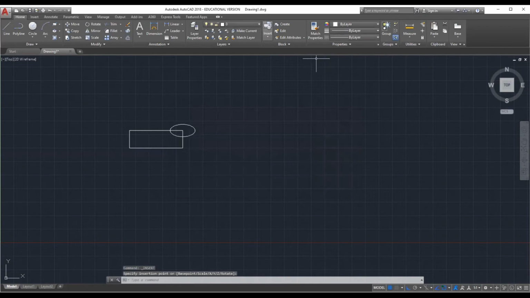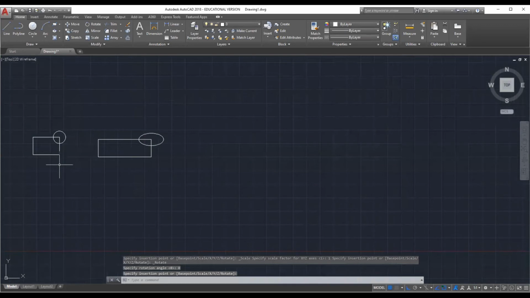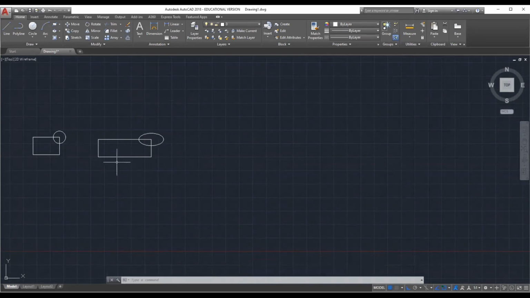Before, the object is like this. After scaling, in the x-axis the length is doubled, and in the y-axis it is as it is. So in the y-axis the scale is 1, and in the x-axis it is doubled.